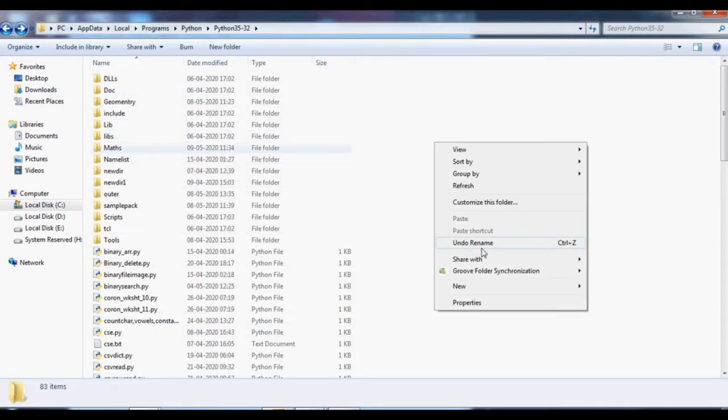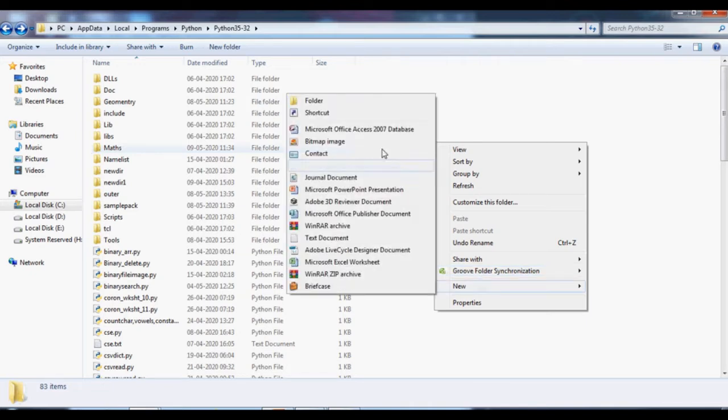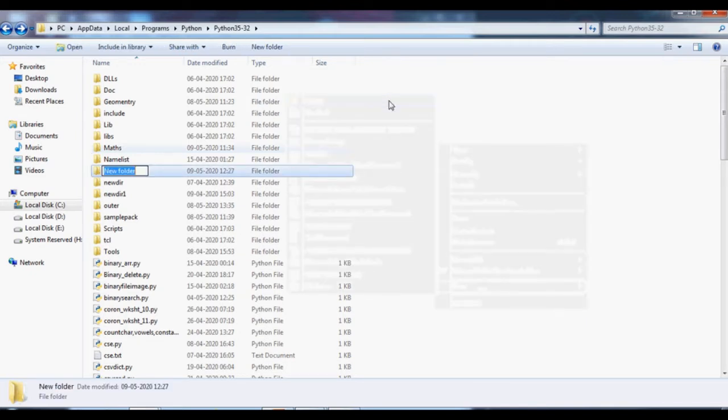Let me go to new, folder. I'm going to create a new package, it can be any package name, say math.